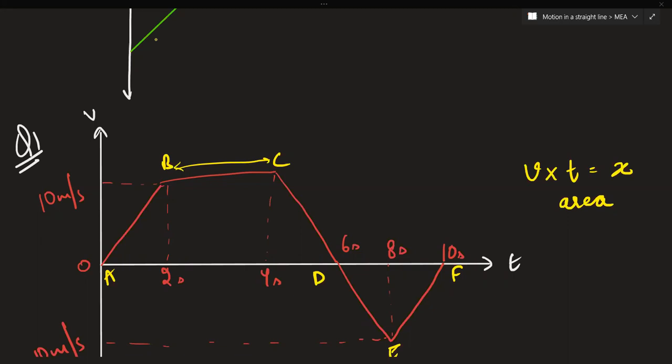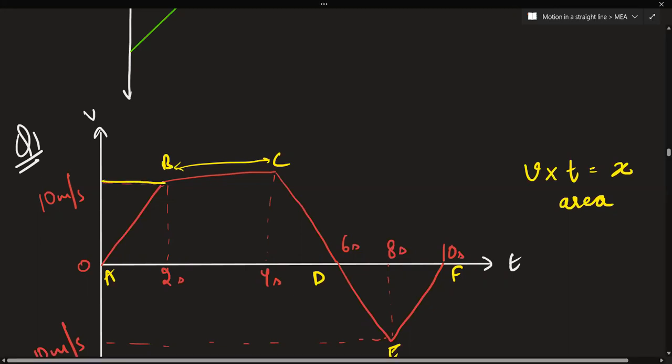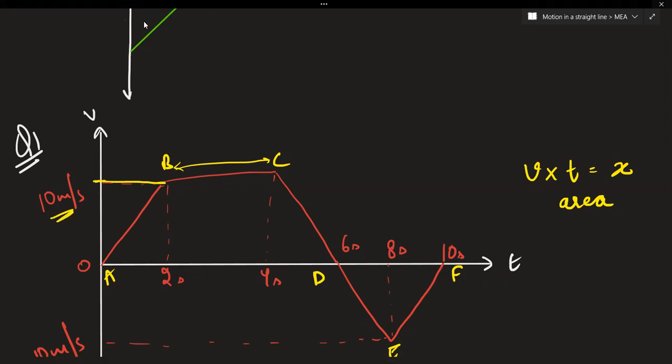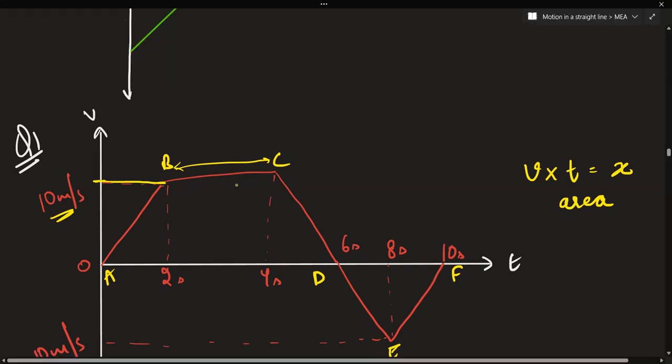Five. 10. It will be 10. See this separation. Which distance is this? This distance is 10 meter per second. So this separation is actually a complete straight line. So this will be 10. Height will be 10